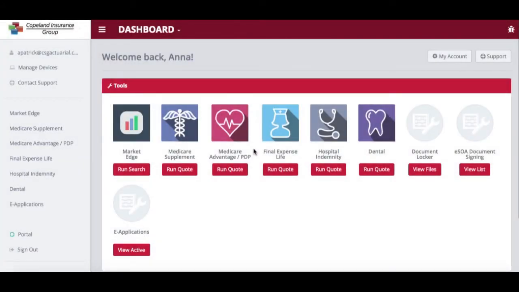This training video is going to cover the suite of tools that are available for you on the Copeland quoting tool. So when you sign into the quoting tool, you will see the available products that you are able to quote. There's Medicare Supplement, Medicare Advantage, PDP, Final Expense, Hospital Indemnity, and Dental. So you can run a quote for any of those products to see a list of carrier rates and plan